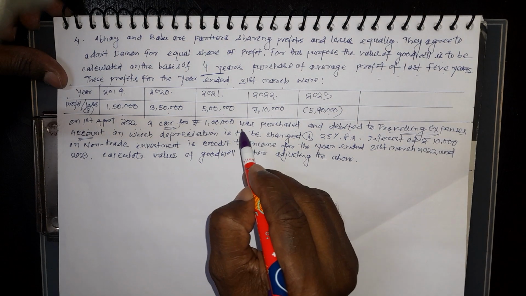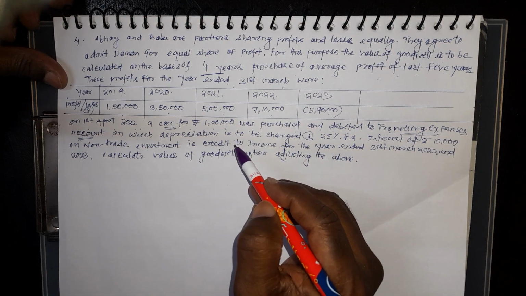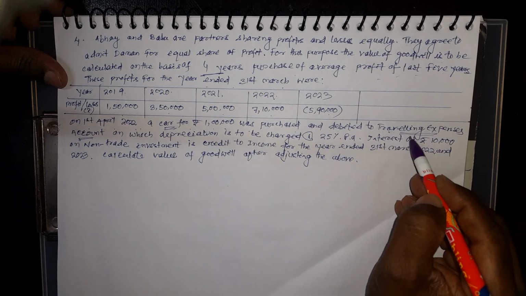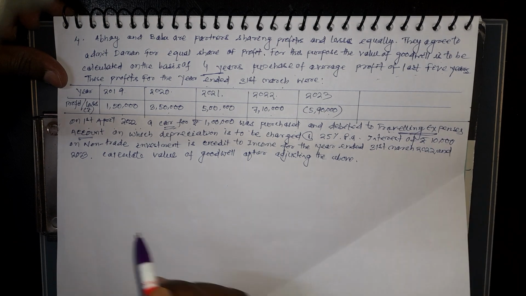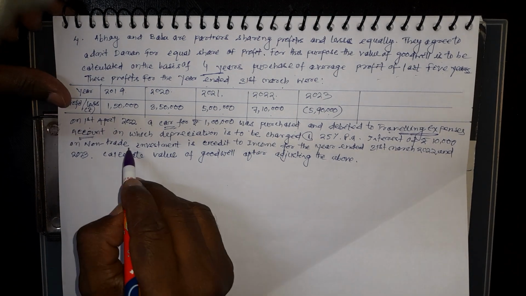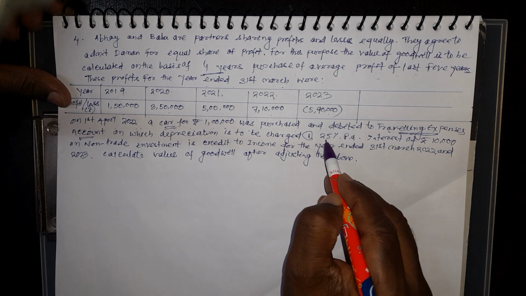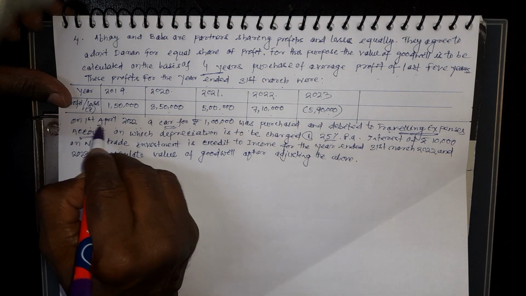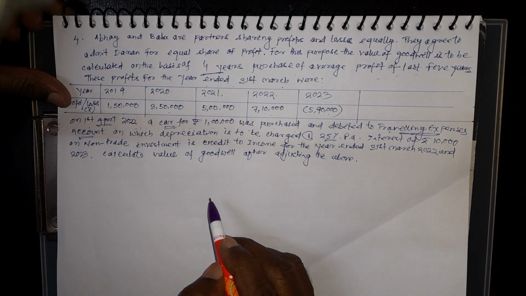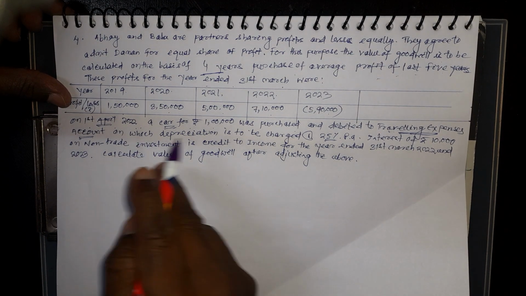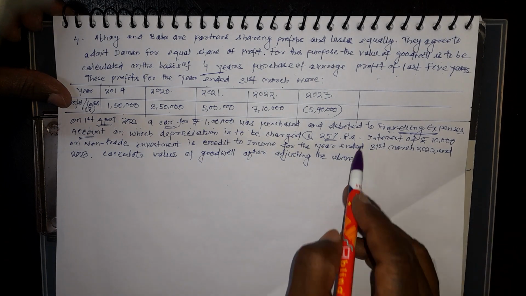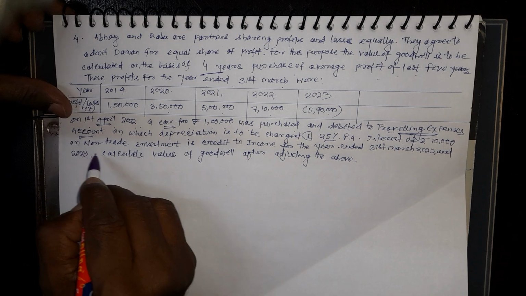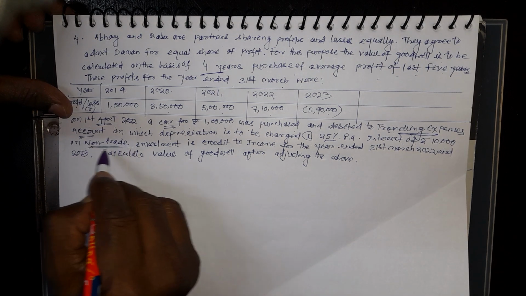Actually, whenever we purchase any asset, it comes under capital nature, but if it is wrongly treated as revenue nature, then depreciation is to be charged at 25% per annum. It is purchased on 1st April 2022, so we have to see which accounting year it falls under, because it will give effect to that accounting year only. Then another piece of information: interest of rupees 10,000 on non-trade investment,